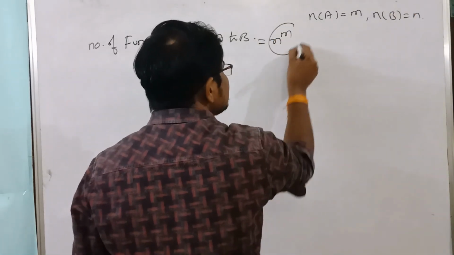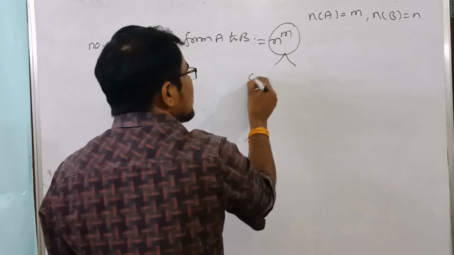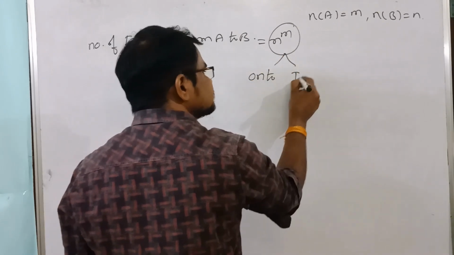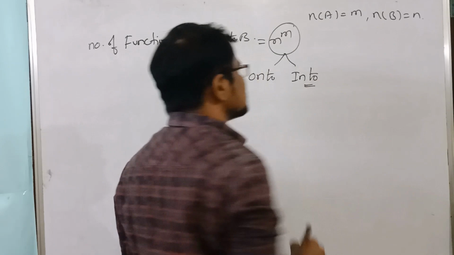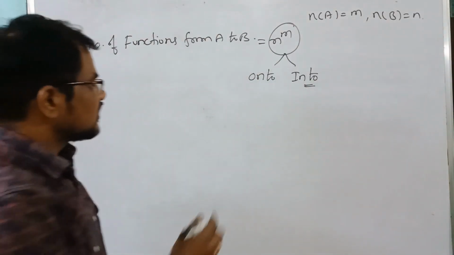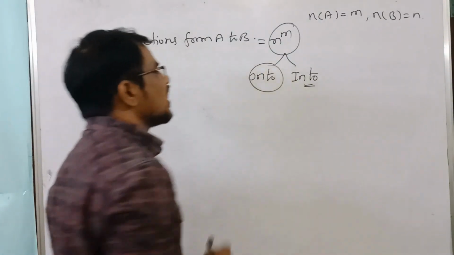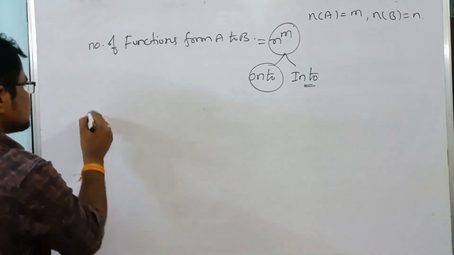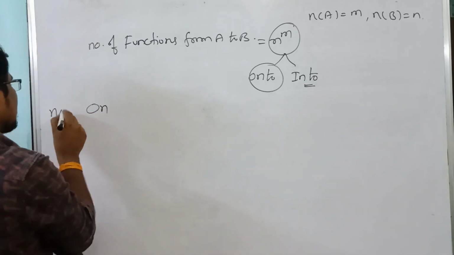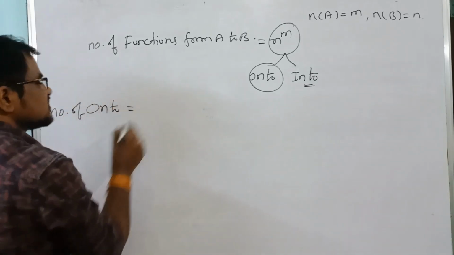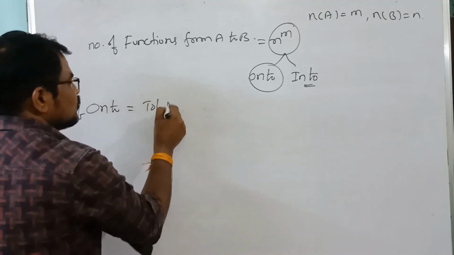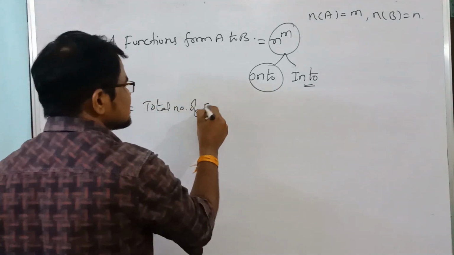N power m. Means in this one, onto functions also there and into functions also there. But our requirement is what here? Onto functions only. Means the number of onto functions can be written as total number of functions